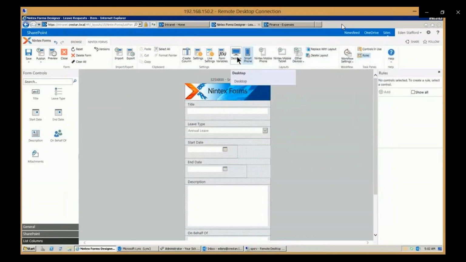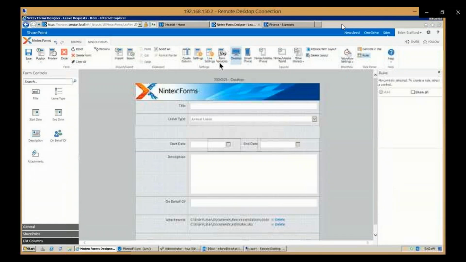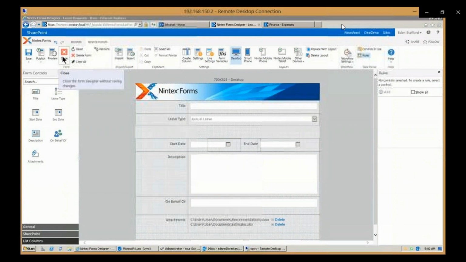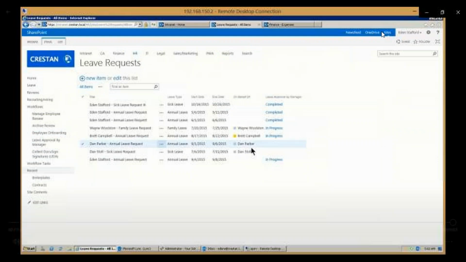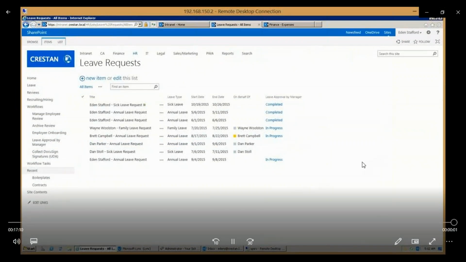Go back to desktop. And the other thing you can do as well with Nintex forms is live settings. You can even take this form and publish it to anonymous users. So those outside your organization can access it, but submit a form into your intranet. So a lot more things that we can show in the workflow and forms here, but this is just a general overview of the forms and workflow tool. Thanks.